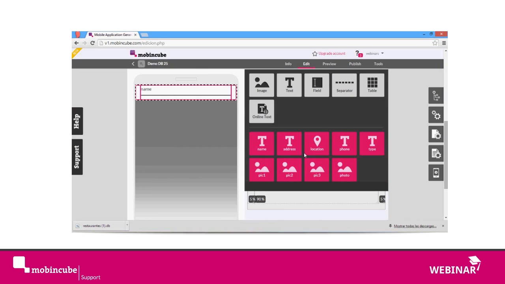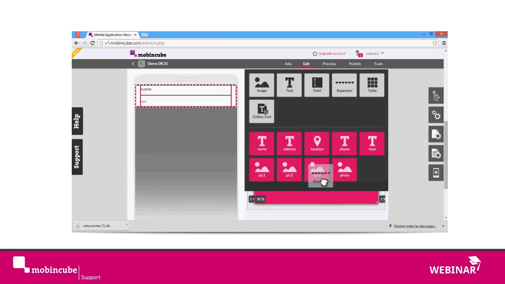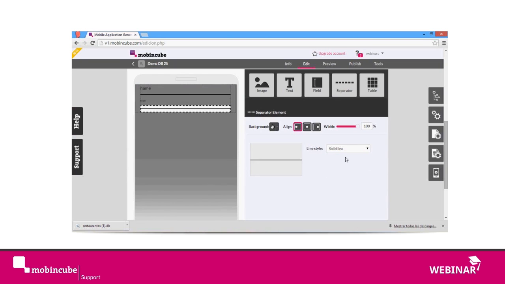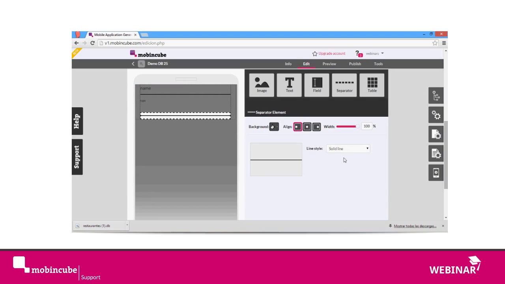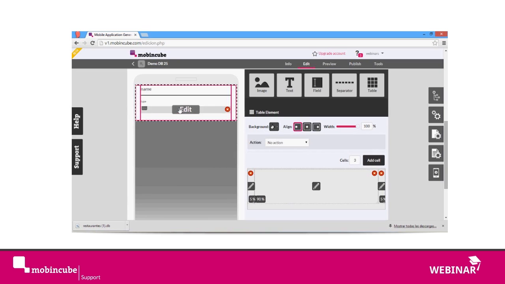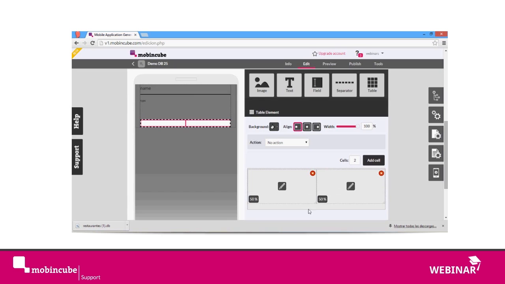I'm going to add, for example, the type of restaurant in a tiny font. Now I'm going to add some extra space. Now I'm going to add, for example, two separators. Okay. I'm going to add another table here inside,